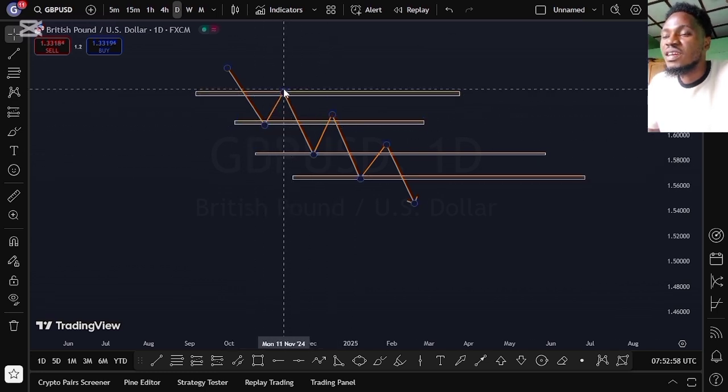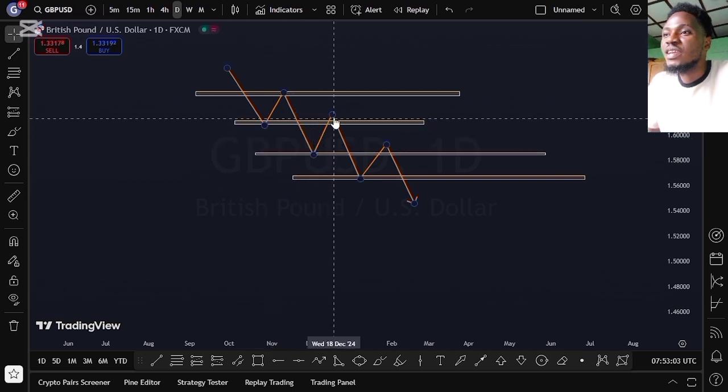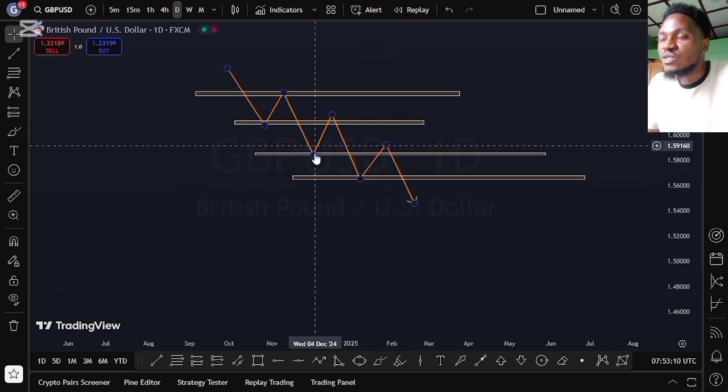So you can catch this sell. Now, if you didn't catch this sell, you can just wait for this pullback. After this break, you saw this pullback, then you look for entry here. Same thing here, breaks. So I intentionally did this area like this so that you know that the market will